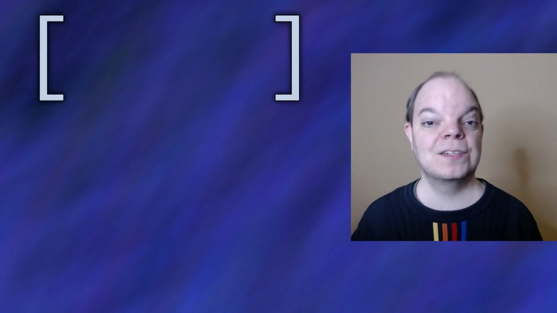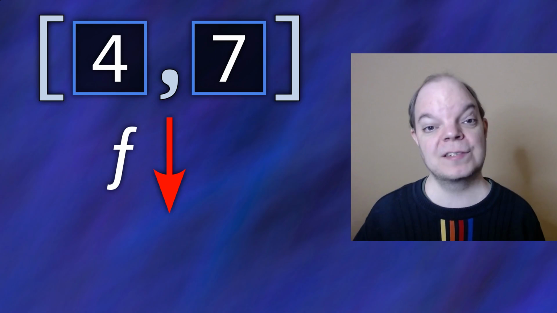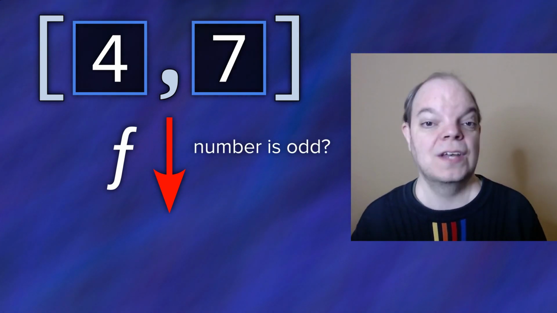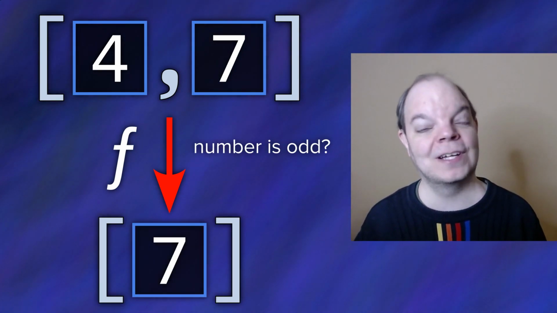And as my third and final example, I want to show you something that involves lambda expressions. Now at the start of the video, when looking at the parser, I used the filter function for lazy sequences to show you how the parser deals with lambda expressions. But to keep this example simpler, I'm going to use the filter function for lists. Specifically, I'm going to start with a list containing the numbers 4 and 7. I'm going to apply the filter function with a lambda expression that checks if a number is odd. And since 4 is even but 7 is odd, I expect to get a list out that has only the